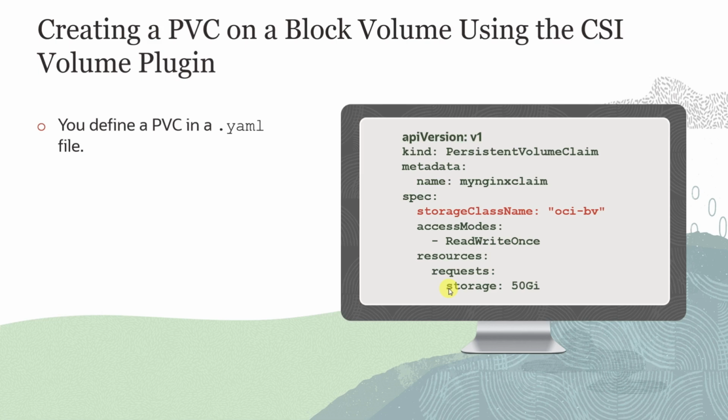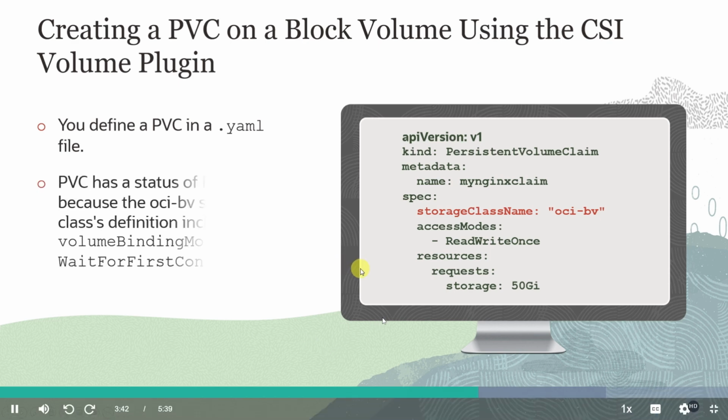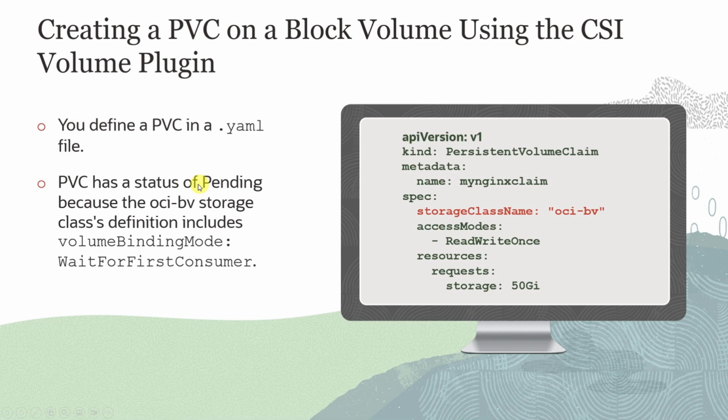Once the PVC manifest is in place, you should use the kubectl create command and apply this PVC manifest to your Kubernetes cluster. The output of the command will confirm the creation of the PVC. To verify whether the PVC has been created, you can run the command kubectl get pvc. The output of the command will show the current status of the PVC, and by default the status of the